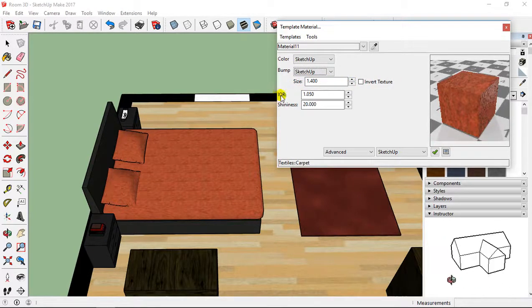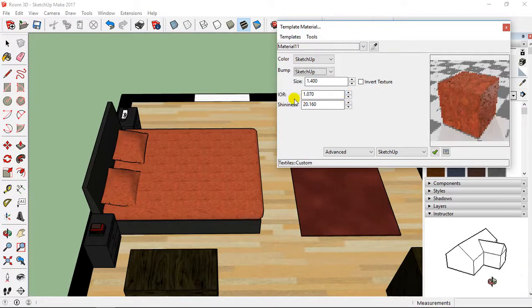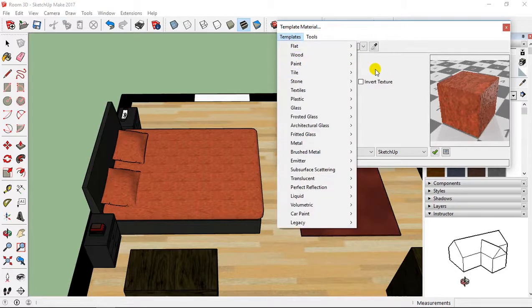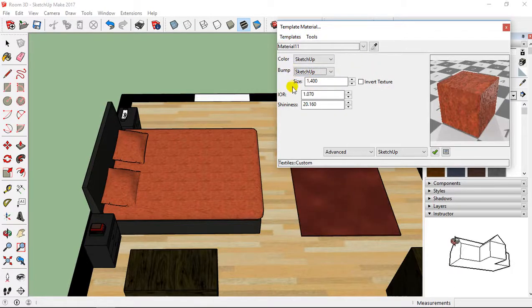You also have here the index of reflection, and you have shininess that you can also edit if you want. So shininess and reflection. We can use this, but not too much every time. Generally, you need to select a template and can change the bump a little.